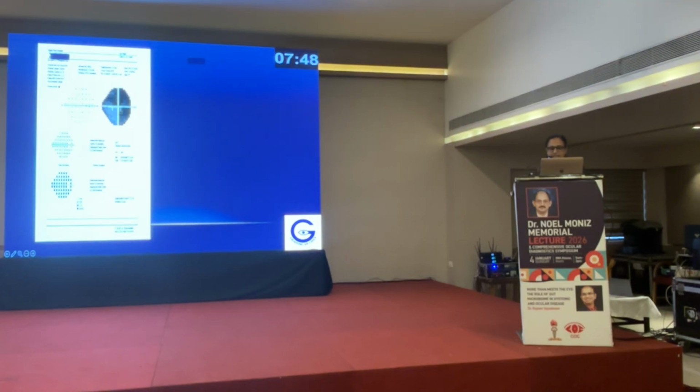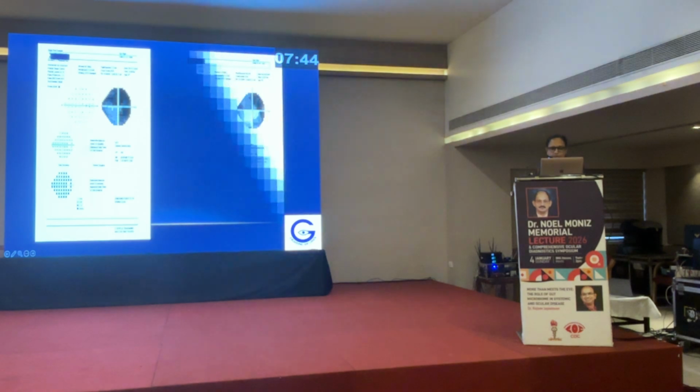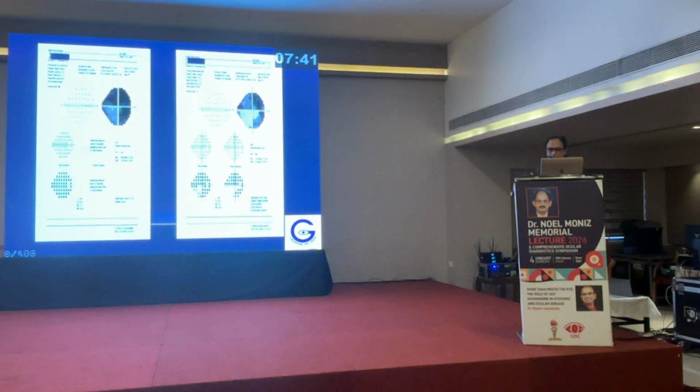When we saw a sudden progression and looked at the parameters, the age was entered wrongly. It was written as 37. When we corrected the age and repeated the test, the field became better. I have seen some fields tested with the wrong age where the consultant corrected the age afterwards. That doesn't work because the normative data is compared with the entered age. So we have to redo the test rather than correcting the age on the printout.